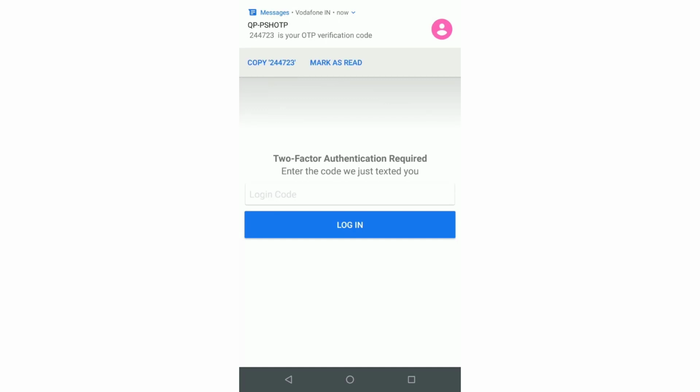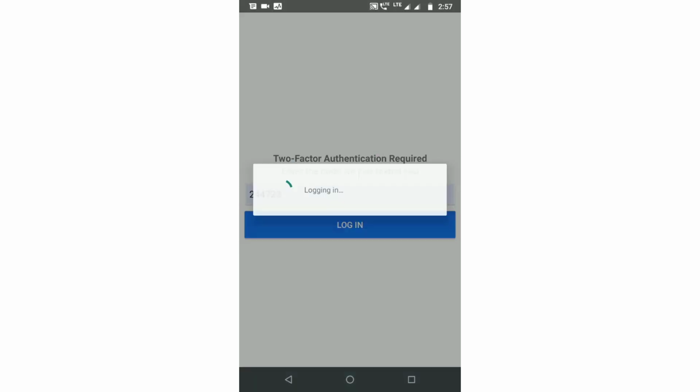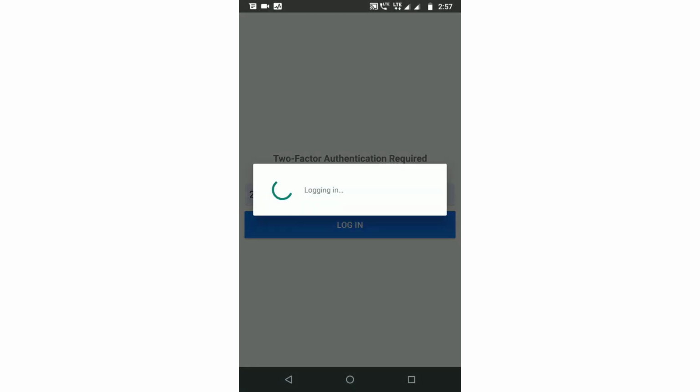It's 244723. So it's 244723. It should be logged in now. Yes, so it is logged in,